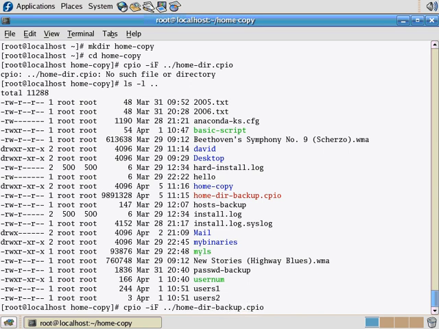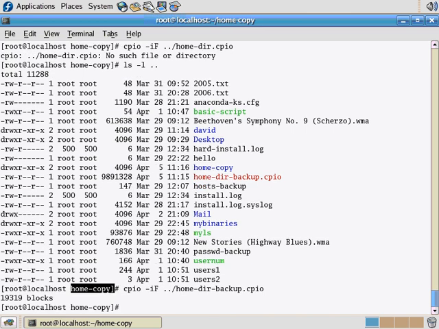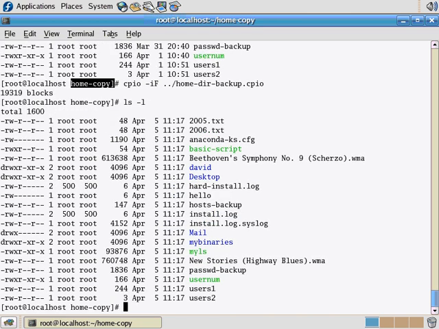It's called home-dir-backup.cpio. So I'm going to take input from that file, and I'm going to restore everything in that archive and put it in this home-copy directory right here, which is a subdirectory of my home directory. So if I press enter, voila, it's done. I'll do ls -l, and there's all the same files that were in my home directory, but now